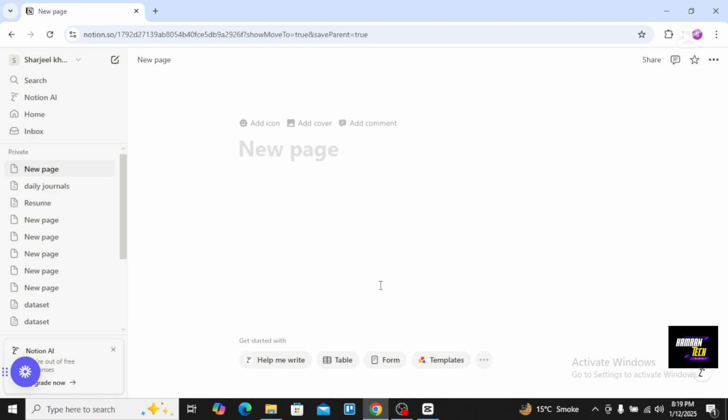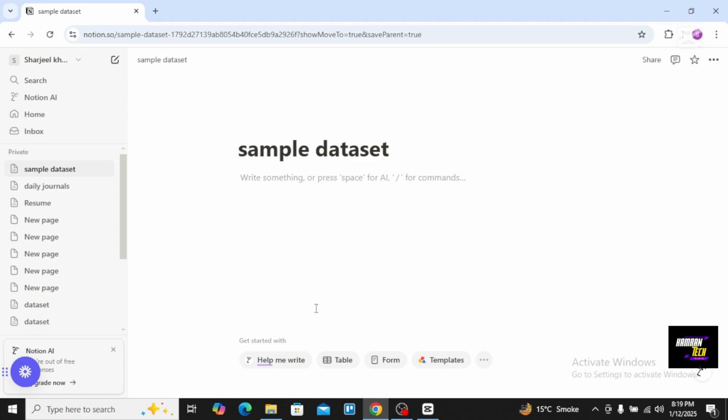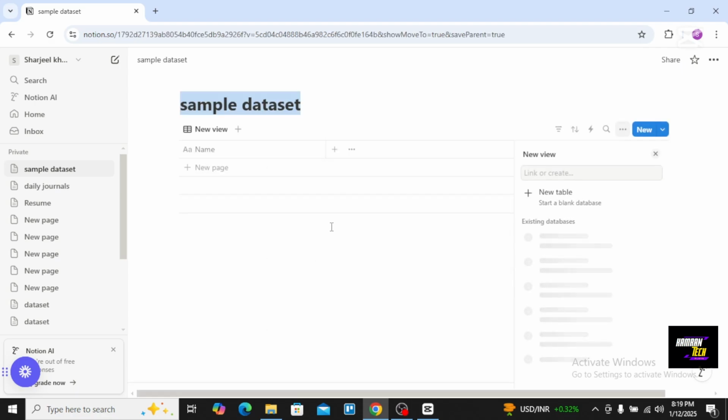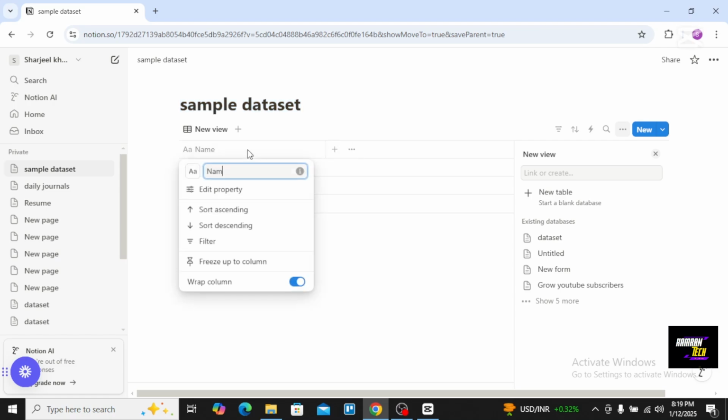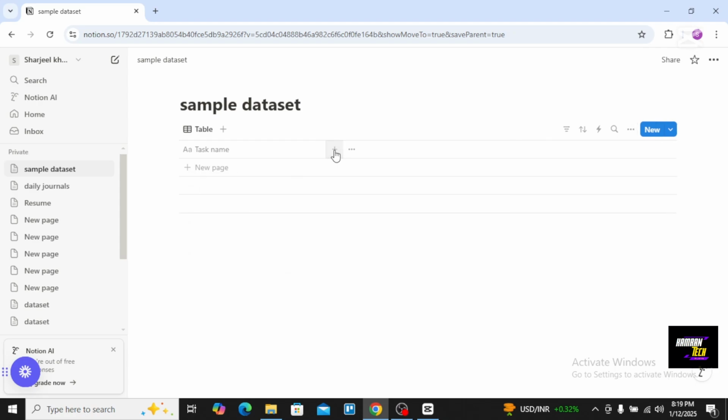And I will create a sample database for practice. I will write a sample data set and tap enter. Before that, give it a title, and tap on the bottom center, which is table. Right now you will give the first column a name like task, tap enter. And the next one, you will tap on plus,